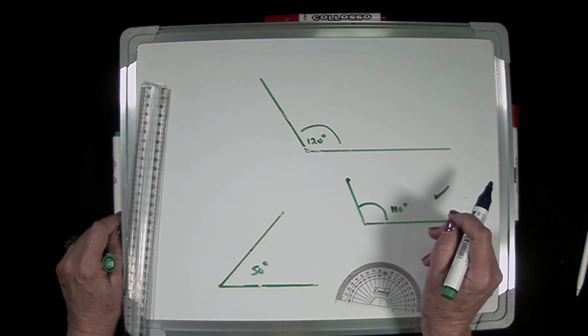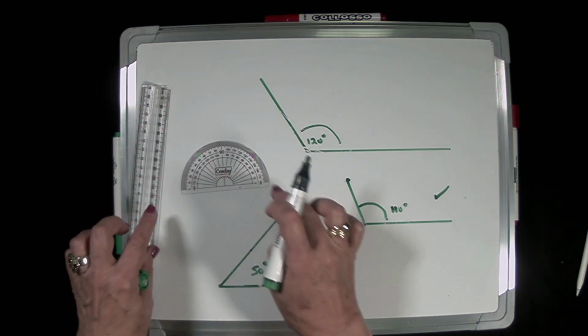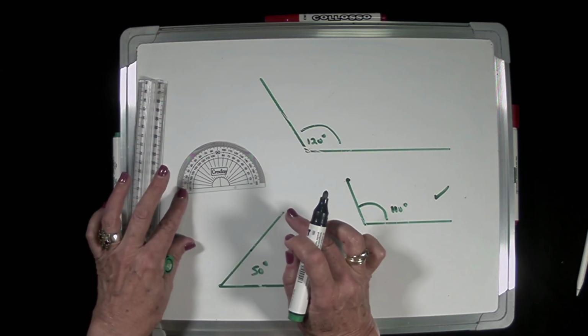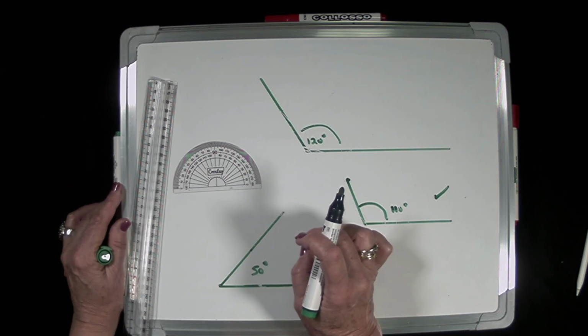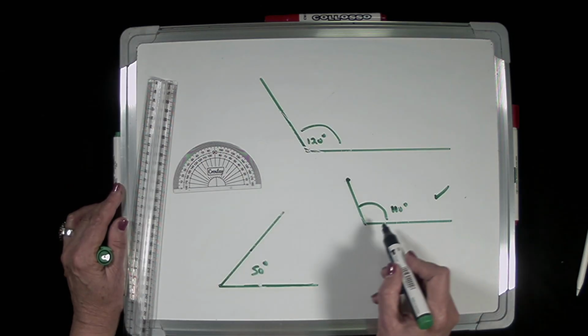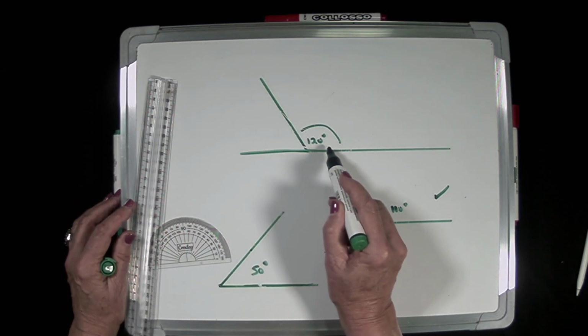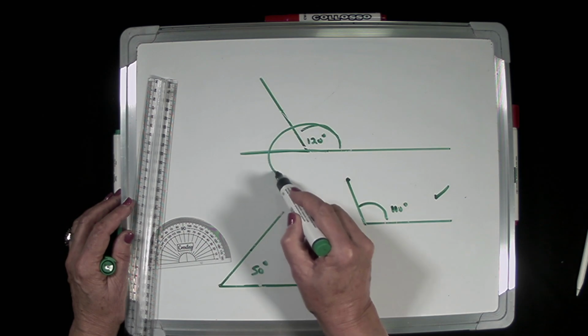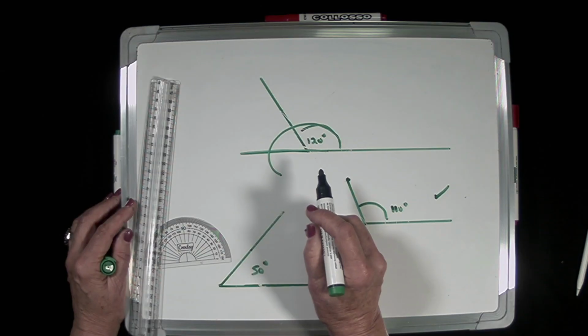Now, what about if the angle... because this protractor only measures from 0 to 180. So what about a reflex angle? And a reflex angle, we know, is bigger. Like, if that is a straight angle, a reflex angle is bigger. What do you think we must do? Excellent, if you've worked that out.